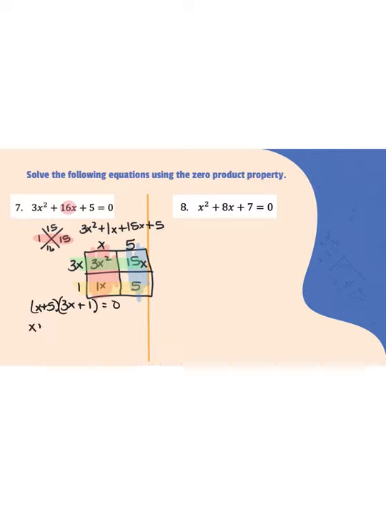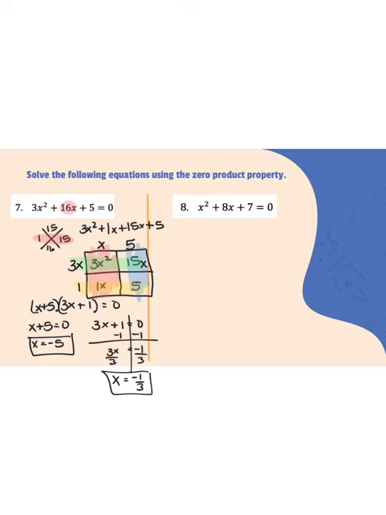So x plus 5 equals 0 and 3x plus 1 equals 0. This one's the easy one. x equals negative 5. So we have to do a bit of solving, so I'm going to take 1 away. So I have 3x equals negative 1, divide by 3, divide by 3, x equals negative 1/3. So you have x equals negative 5 and x equals negative